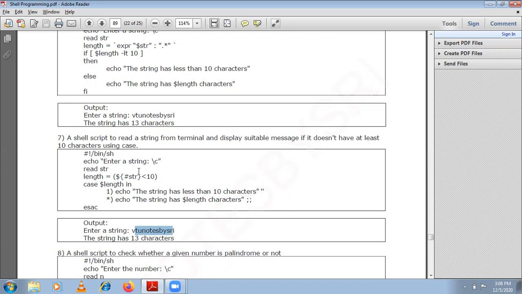Only if the condition becomes true, then 1 gets stored. If the condition is not true, then the value of this particular thing will get stored, which is 13. So 13 is stored in length. So case 13 in, you are looking for case 13. 1 does not match with 13. We will go to this particular thing, which is the